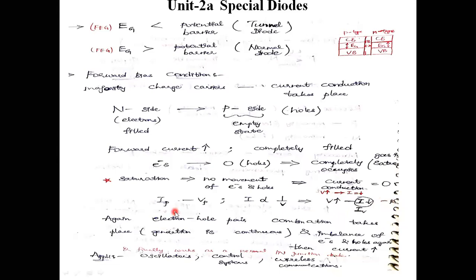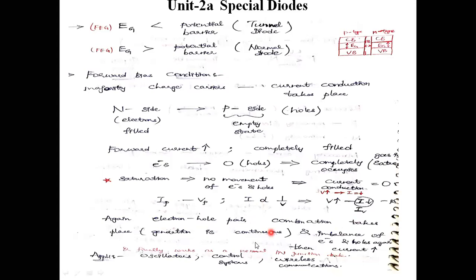That means beyond the peak voltage, where I get the peak value, it is not obeying Ohm's law. I am getting negative resistance here: though I am increasing the voltage level, the flow of current decreases. It is giving negative resistance. After some time, again some electron-hole pair recombination takes place and generation continues.